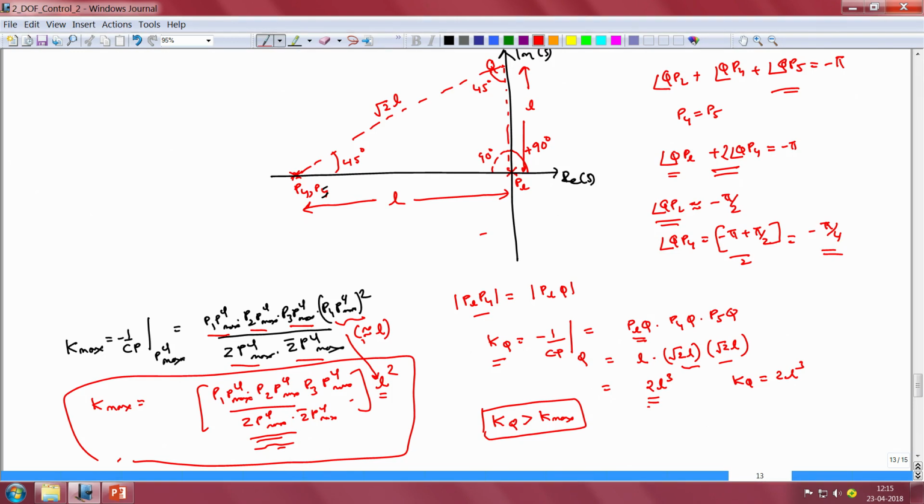Now suppose we want a controller with a finite gain bandwidth product. We note that we cannot have the denominator polynomial of the controller be exactly of the same degree as the numerator polynomial of the controller. This is precisely what landed us in the trouble that we just talked about a few minutes back. We ended up with a controller with infinite gain bandwidth product. So we have to have a controller that is strictly proper,